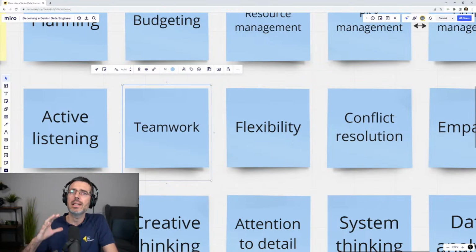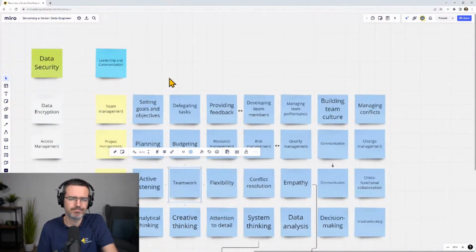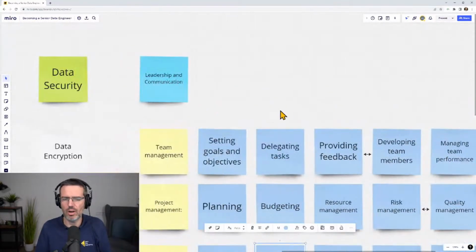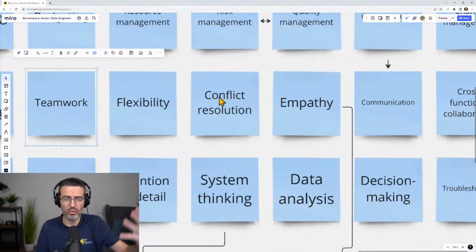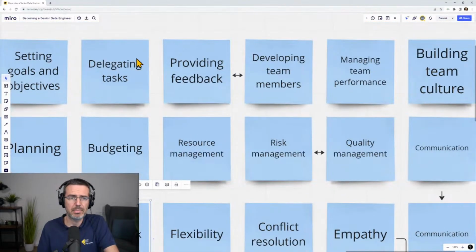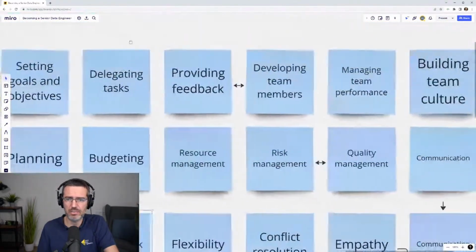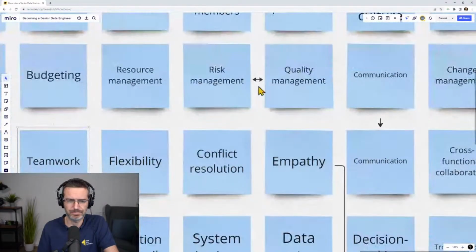You maybe are lacking the leadership part here, the collaboration, the communication. You may be lacking the leadership and the communication part of your job. I need to first improve on these. But hopefully you have a good team lead, good people that are actually helping you here in the team management part and provide you with good feedback and help you develop yourself.